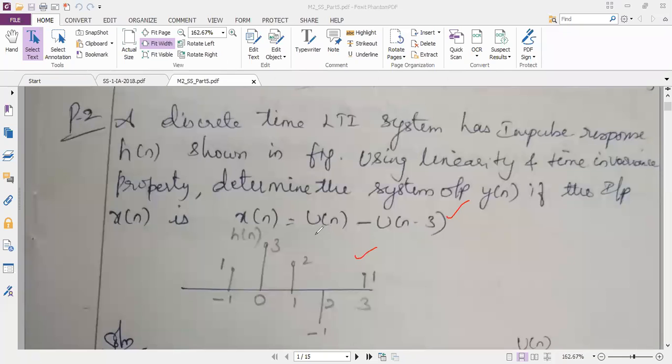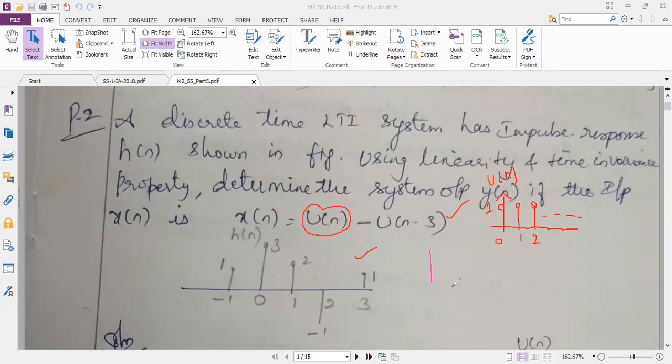To solve that, we have seen n number of problems in the first module. So I know what is u of n. u of n is a discrete time signal, so I have to write only the samples. The amplitude is 1 always, starting from 0. So when n is equal to 0, my sample amplitude is 1. Similarly, up to infinite n values, I'll be having the samples of u of n. Next I should draw u of n minus 3.